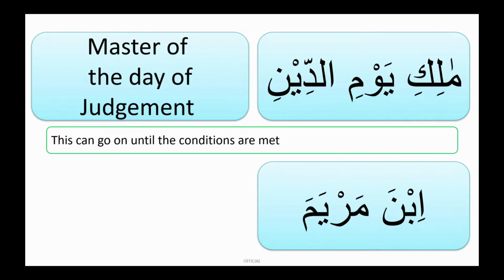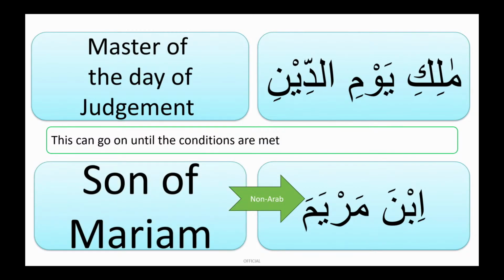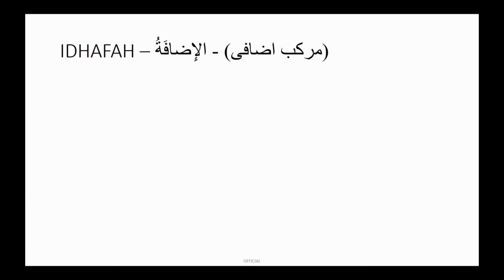You just remember it: the names of females are also partially flexible. So Maryamu, Maryama, Maryama. So when it can be jar and the first ism before that is light and without al, then we would consider this as jar. So this would be the son of Maryam. Is it clear? Making sense? So this is the name of a non-Arab lady as well. So the son of Maryam. Is it clear? Any questions?